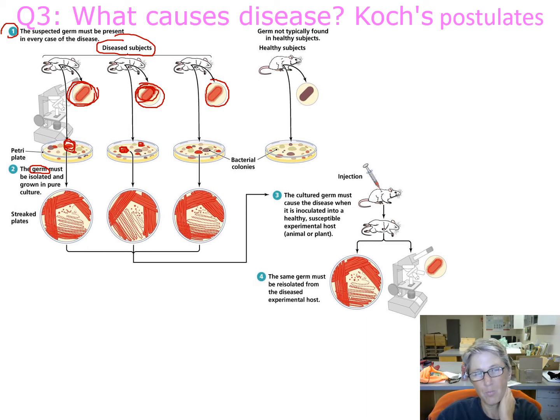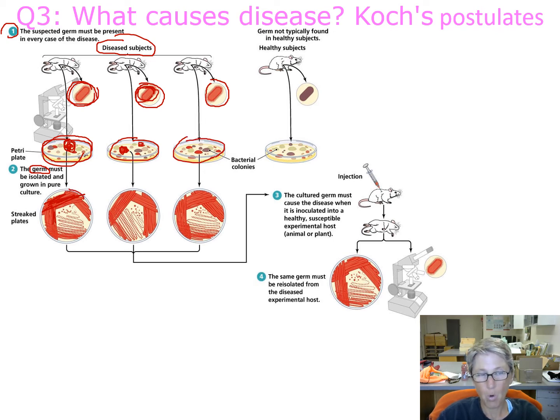So this is the first plate that they did here. They grew a bunch of different colonies, but in every one of these plates from every one of these rats, they found this red colony. And then they took a little bit of that red colony and they smeared it out here on this other plate, and it grew. So this is a streak plate, which hopefully we'll be doing virtually. But this is a pure culture, and it's a pure culture because it's only got one microbe in it. So these plates here, they've got more than one type of colony, so there's more than one type of microbe.